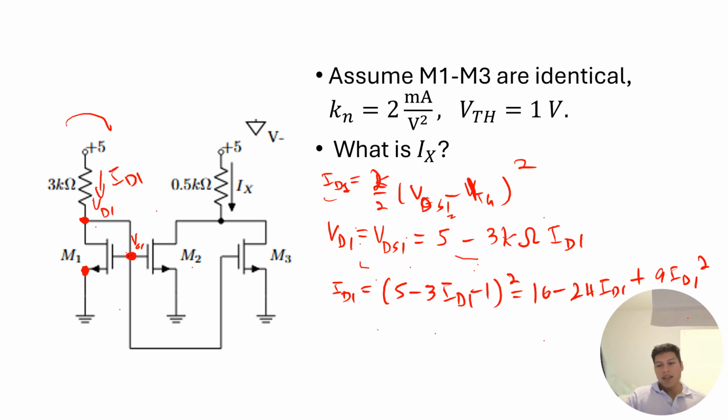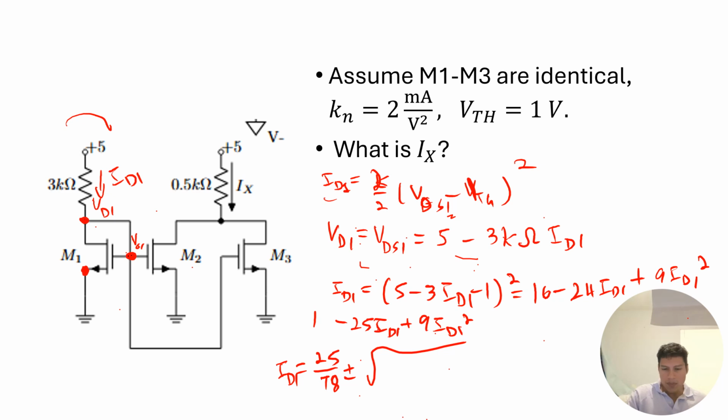When we move the ID1 to the other side, we get negative 25, so we have to solve this quadratic equation: 16 minus 25 ID1 plus 9 ID1 squared. So ID1 is equal to 25 divided by 18 plus or minus the square root of